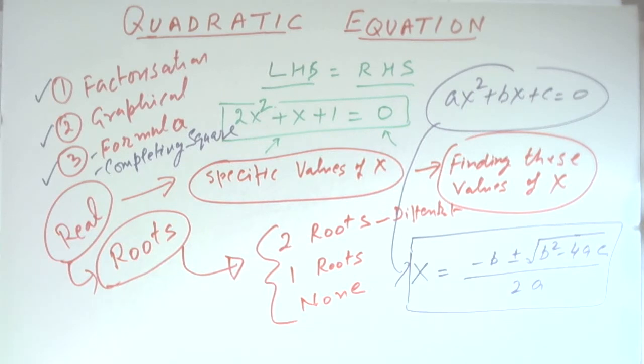So basically what we have learned in this video is that the roots or solution of a quadratic equation is basically finding the value of the variable for which the relationship of the equation holds good. And we also understand by now that a quadratic equation can have a maximum of 2 roots. Sometimes it has only 1 root, meaning both the roots have the same value, and sometimes it has no real number as its roots. Thank you.